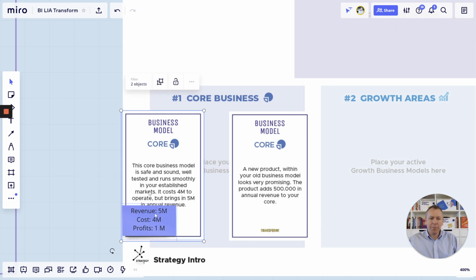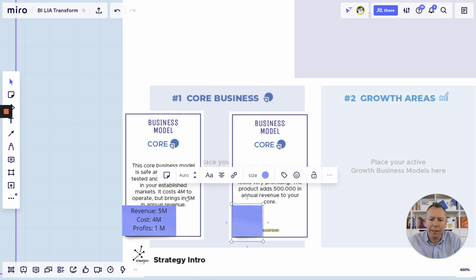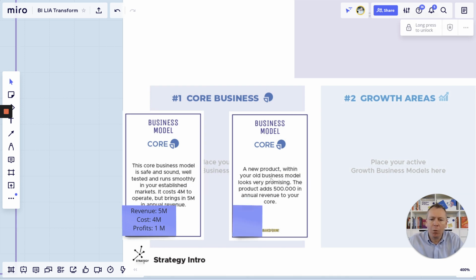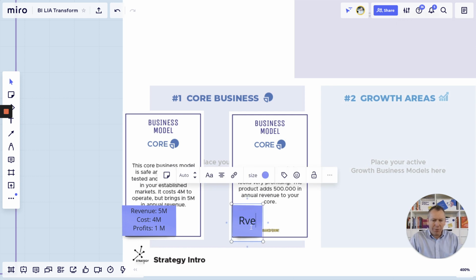Now I'm going to take another one. So here we have a new product within your old business model. Looks very promising. This product adds 500,000 in annual revenue to your core. Okay, so here we have revenue 500,000. But notice it says nothing about costs. 0. So profits 500,000.